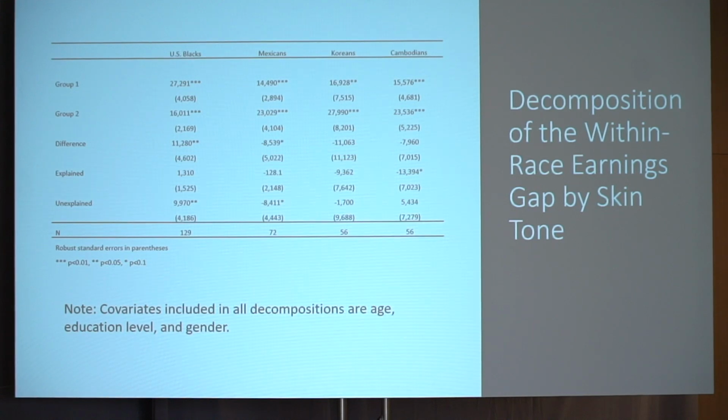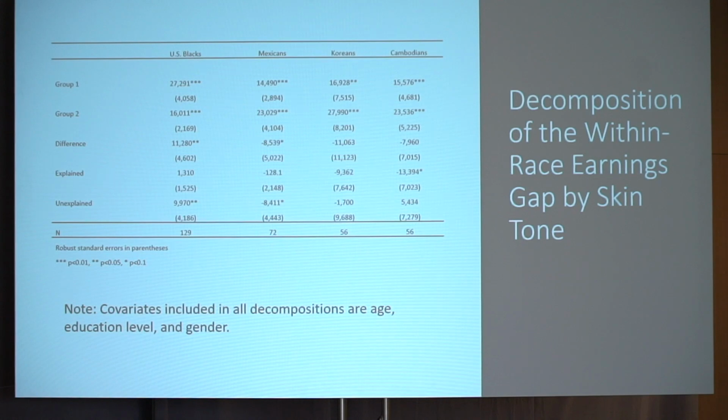Okay. And I should also note that we only do this analysis for US blacks, Mexicans, and Koreans because of small sample sizes. And also for some of the groups, there's limited skin shade variation, so we're not able to do much there. What we find here is that for US blacks, we find a skin shade income gap of